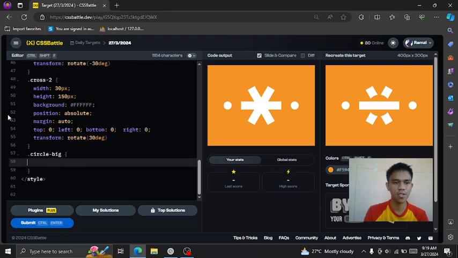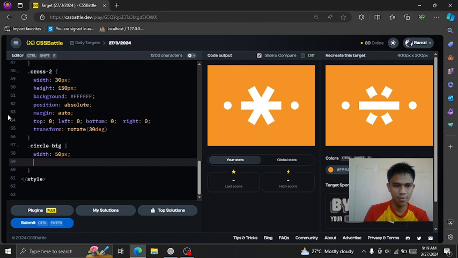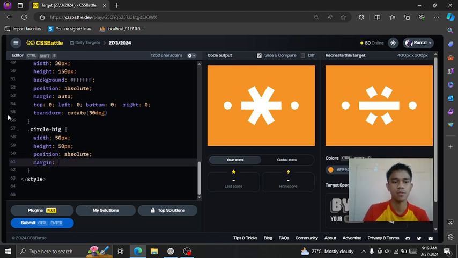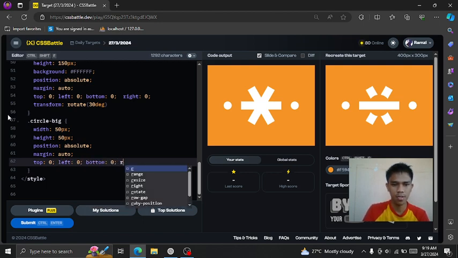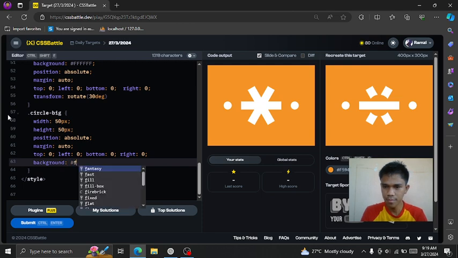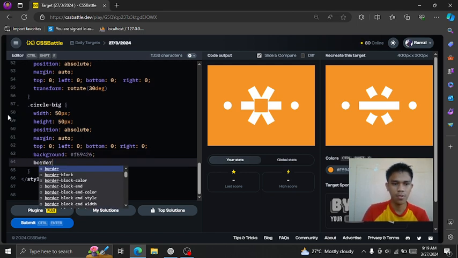If you want to start from scratch, I can show you: width 50 pixels for now, height 50 pixels for now, position absolute, margin auto, top, left, bottom, and right, and the background 59426, like so. Border radius